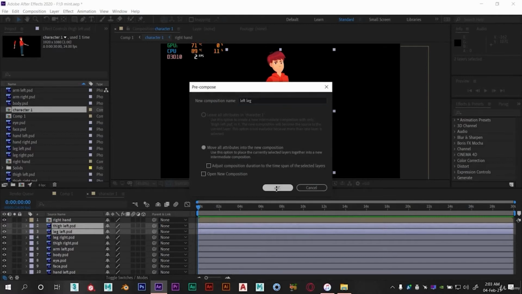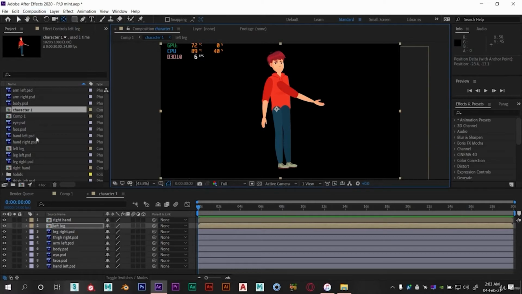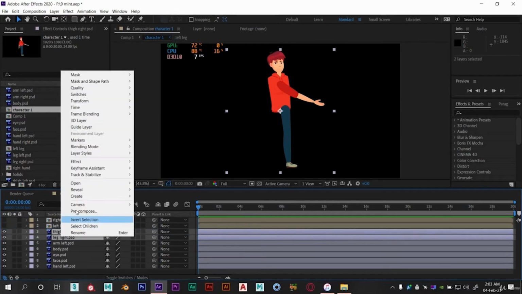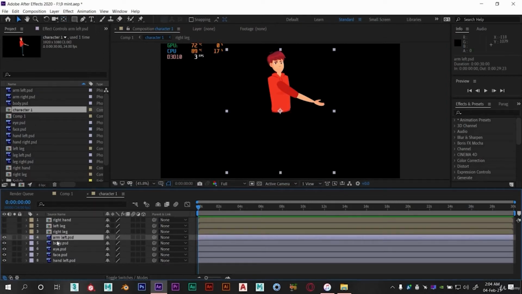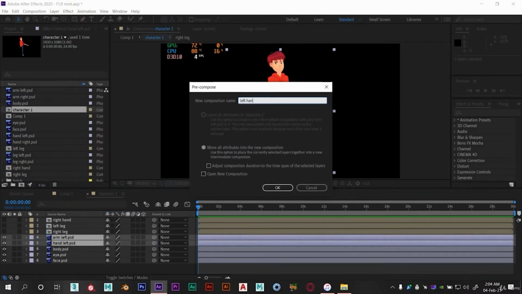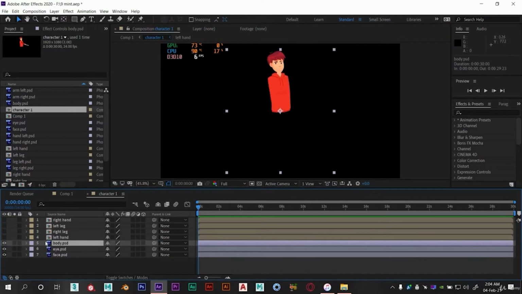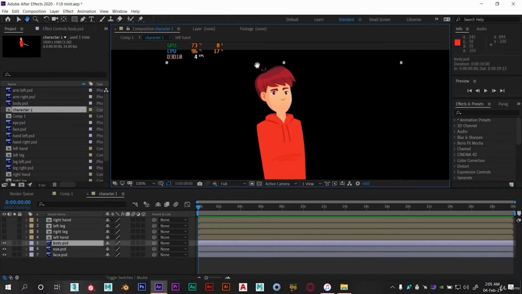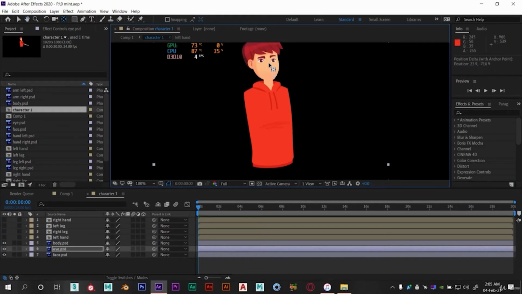Now we need to adjust all anchors correctly. Put the eye anchor in the middle.